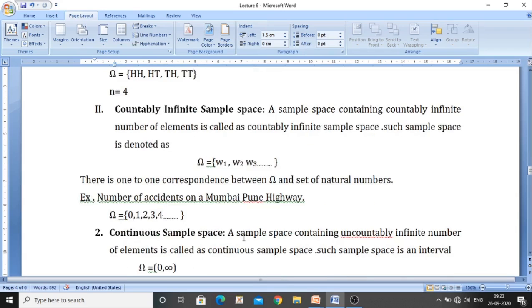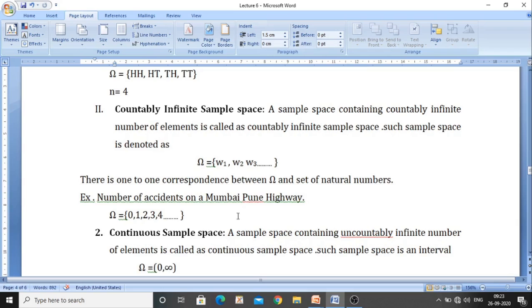Now the next one: here we can take the example of the number of attempts required for a student to pass a particular subject, or an exam. You can pass in the first attempt, so the number of attempts is 1. There cannot be 0. At least 1 attempt will be required for every student. Or if you fail, then you require a second attempt.